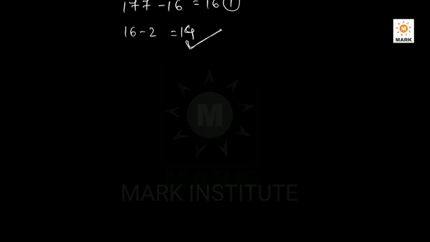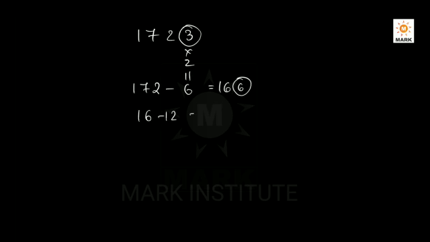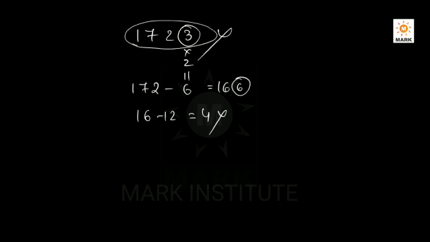Similarly, we can also tell which number is not divisible. One more example, 1723, a random number I have taken. Double the units digit 3, which is 6. 172 minus 6 is 166. Immediately double 6, which is 12, and 16 minus 12 is equal to 4. 4 is not equal to 0, not equal to 7, and not a multiple of 7. So we can clearly say 1723 is not divisible by 7.